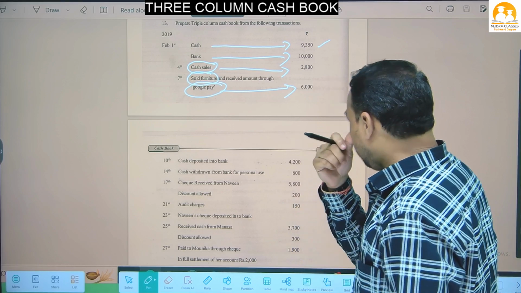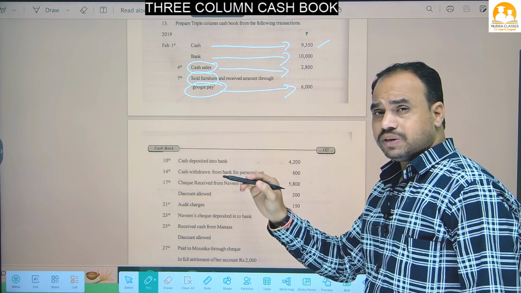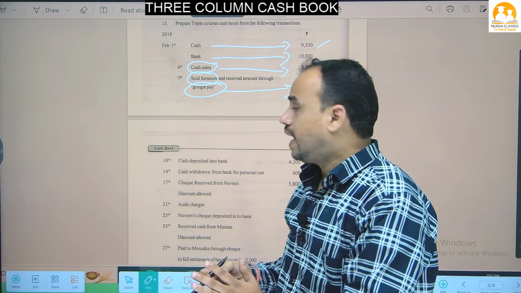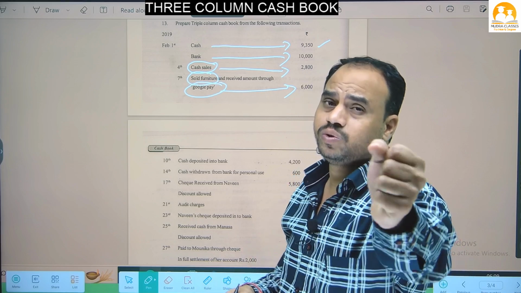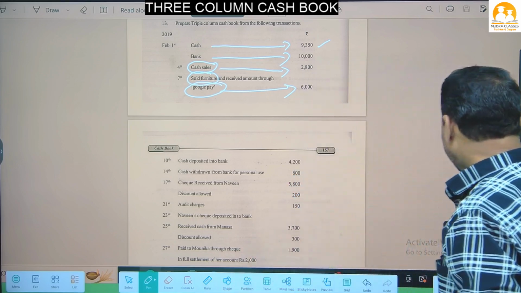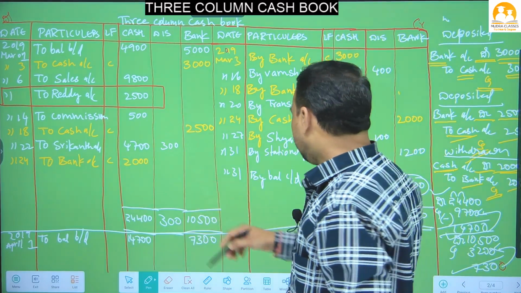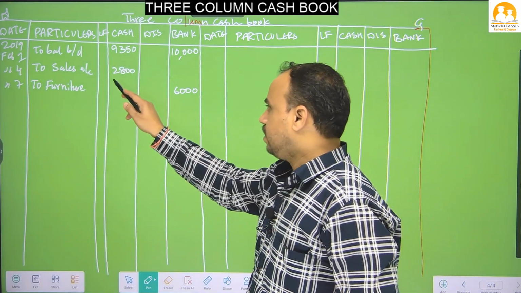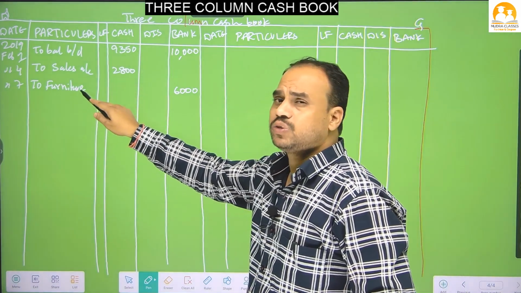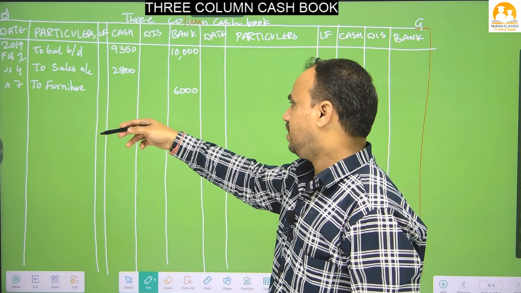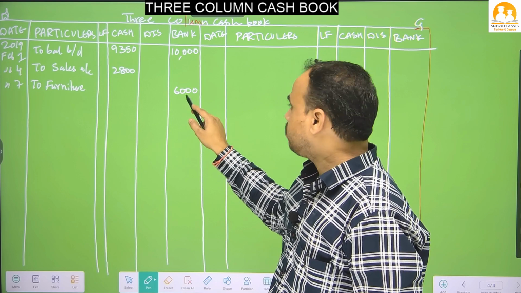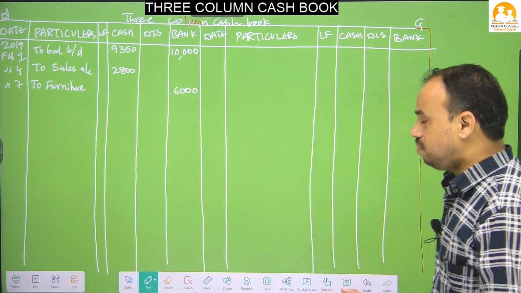What is the difference between these two? Cash sale means what I told you, we sold goods and we received cash. That's why I written here two sales. But here in the next transaction we sold furniture. Furniture is an asset. That's why we have to write furniture name and we saw amount received through Google Pay. That's why I written bank column. That is important. You have to